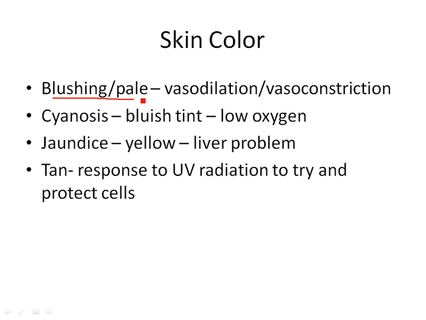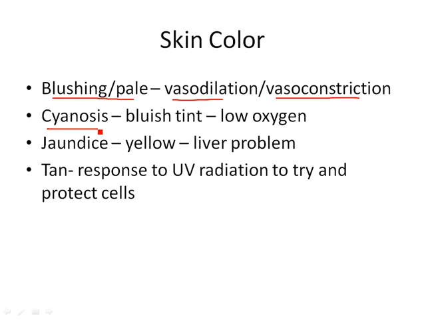If you blush, that means your vessels are vasodilating. You're sending more blood to the surface of your skin, and it looks kind of reddish. If you're pale, it means your blood vessels have vasoconstricted, so less blood's going to the skin. You kind of get that washed out pale color. Think about especially little kids when they get so cold and their lips turn blue, because they've vasoconstricted, the blood's not in their lips, and they have that blue color,